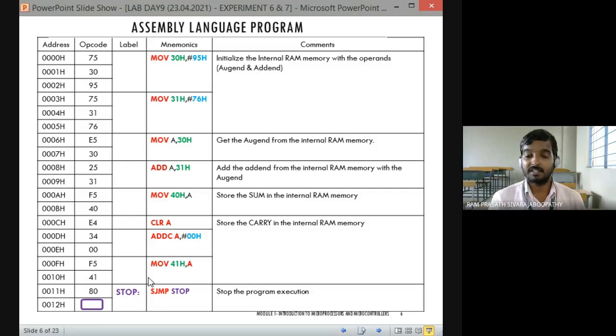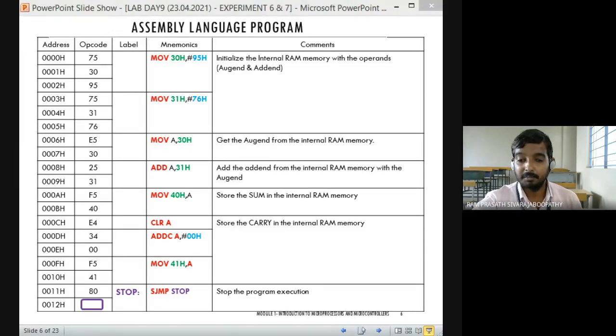SJump க்கு அடுத்த instruction எந்த அட்ரஸ்ல ஸ்டார்ட் ஆகும்? Yes, it's a 2-byte instruction. Okay, 0011 la start பண்ணிருக்கோம். Fine. 0012 la இந்த instruction முடிஞ்சது. So what about the memory location of next instruction? Yes, 0013H. Fine, wait a minute. 0013H. So now it is going to be